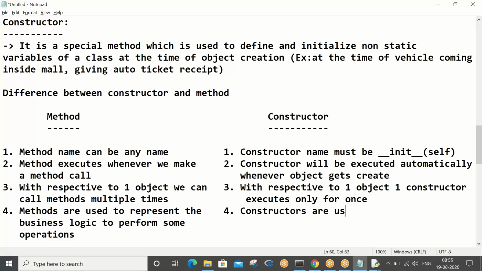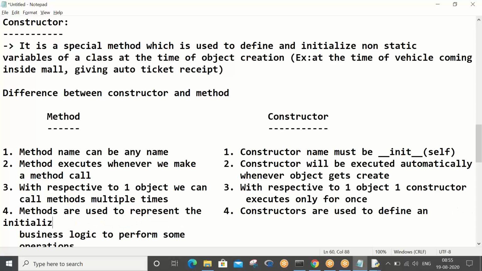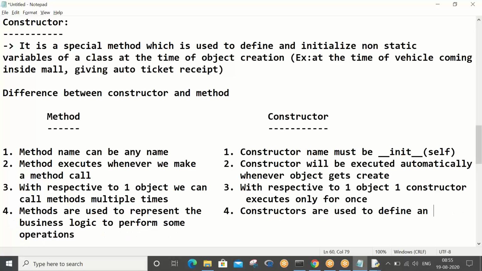Constructors are used to define and initialize non-static variables of a class at the time of creation of an object. Only when you're working with non-static variables will the constructor concept come.